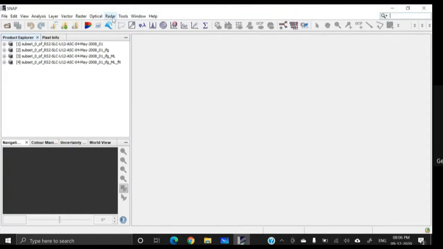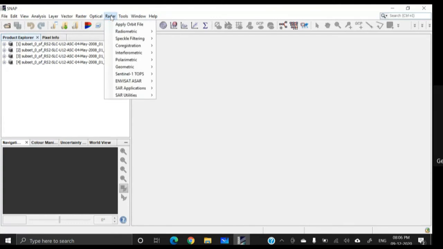So how to do this? If you have installed the SNAPHU plugin, then in the radar interferometric menu you will have this option, unwrapping. And in unwrapping, go for SNAPHU export.